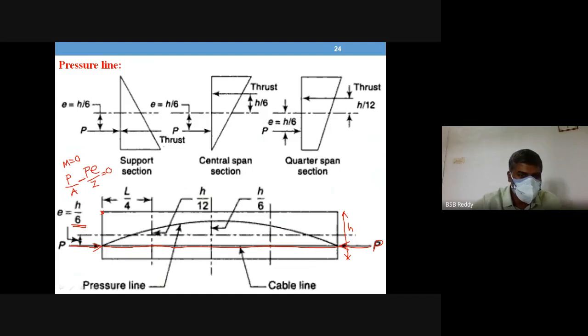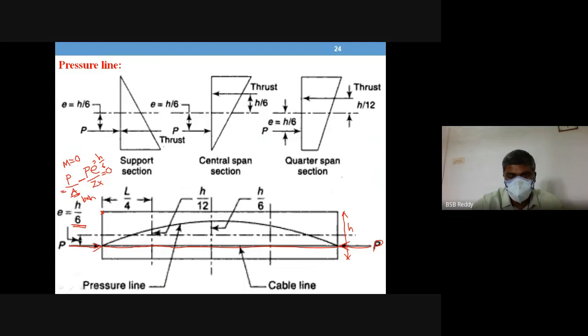Right. So what is the value of E here? H by 6. Substitute for H by 6. E is equal to H by 6, you substitute. Okay. And Z is equal to BH square by 6, you substitute. A is B into H. Substitute that value. Okay. B into H. Right. So let us see the value of stress at